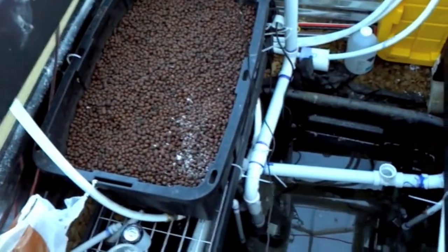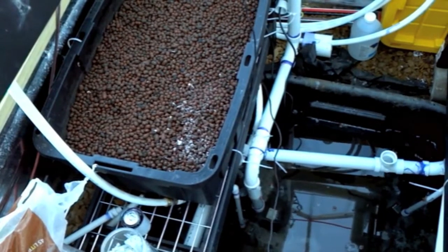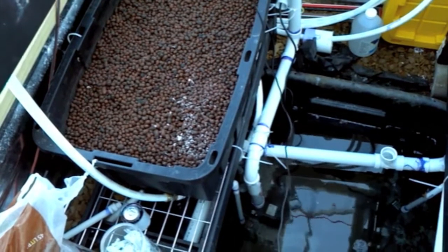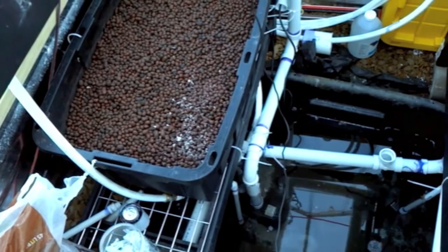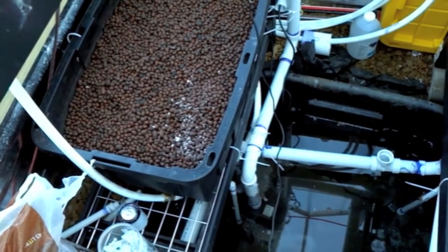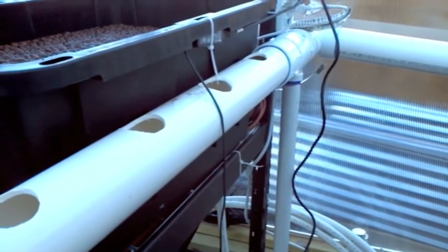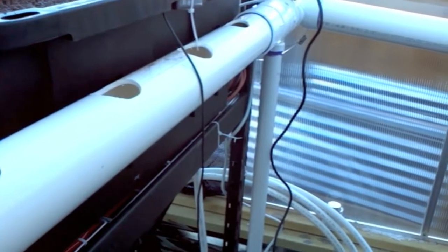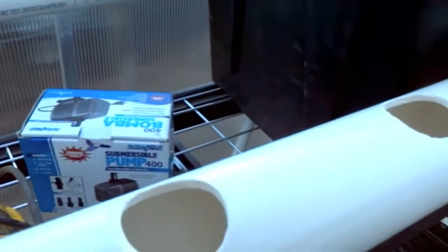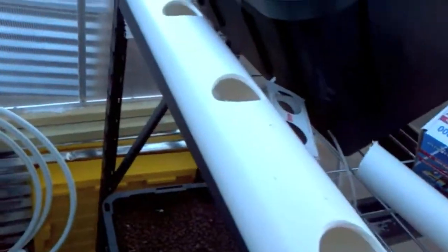from a 3/4 inch out the top of the pump, and I have an up converting tube that converts from 3/4 inch to 1.5 inches. So I'm basically doubling the diameter as soon as it comes out of the pump head. And then I have 1.5 inches going up to a T that has 3 inch, and it basically goes in 3 different directions. So I have coming down this tube that's closest to us here, and then across that tube to this 3 inch over here, and then around the back